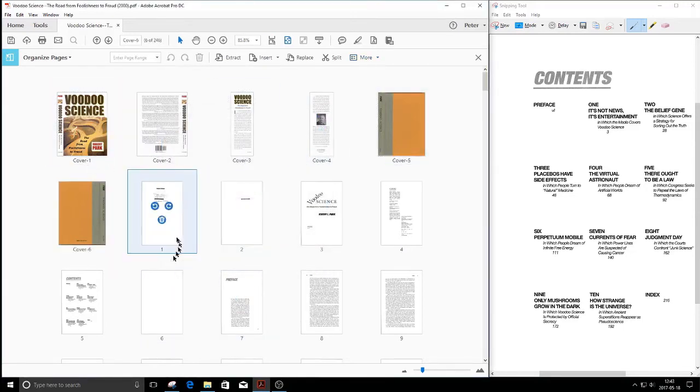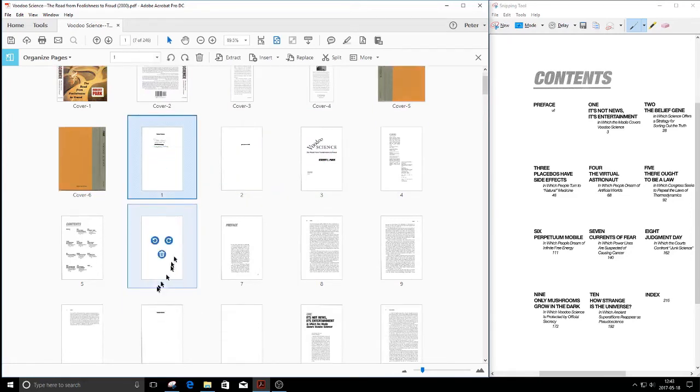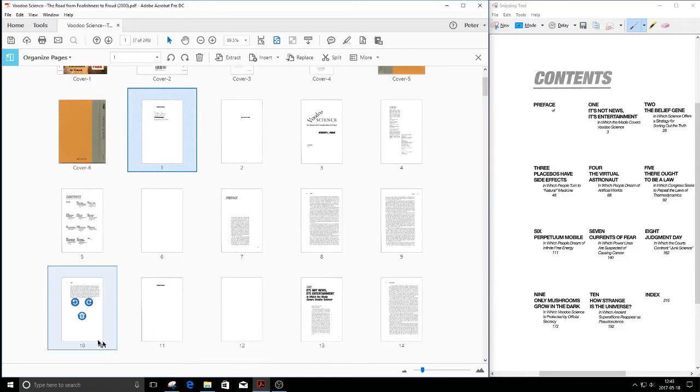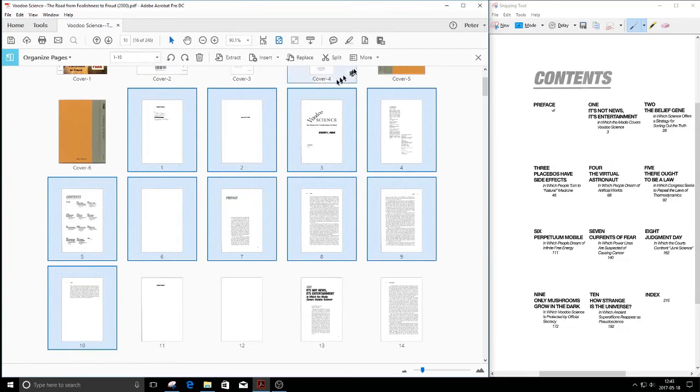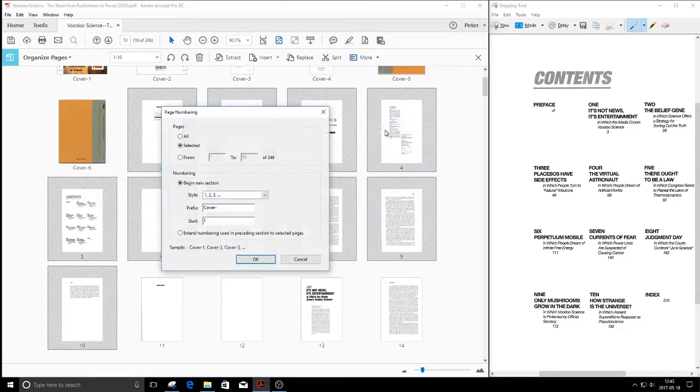And that means now this is page 1, 2, 3, but it's not Roman numerals. That's okay. Let's fix that next. So I'm going to click the first page and scroll down to the last of the Roman numeral pages, which is now here. I'm going to shift click to select them all. And we do those page labels